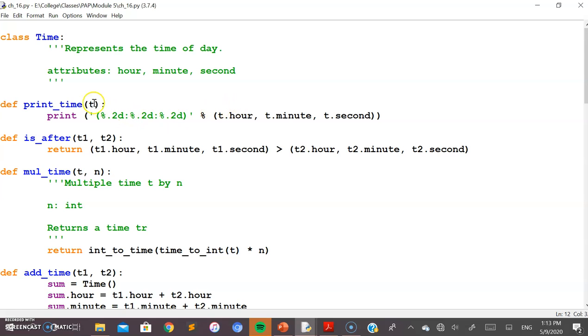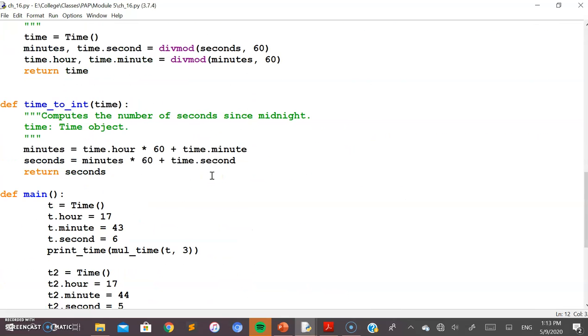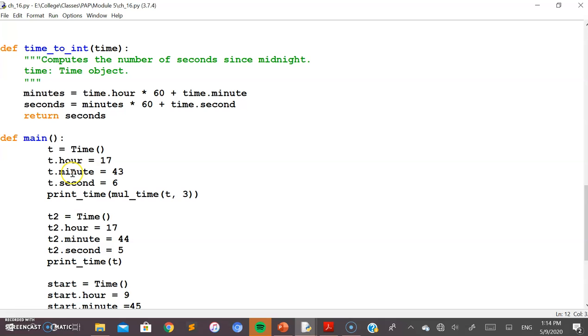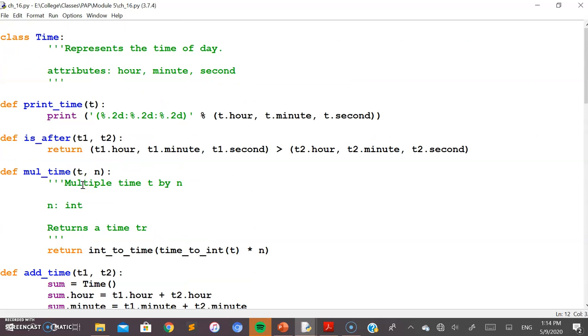You can take here the object that has been defined as a parameter, which is being passed when this function has been called. So the same object t, and the names of the attributes remain the same as what you defined while setting the values here. So hour, minute, and second. As you can see, hour, minute, and second. So the same has to be taken here: t.hour, t.minute, and t.second.